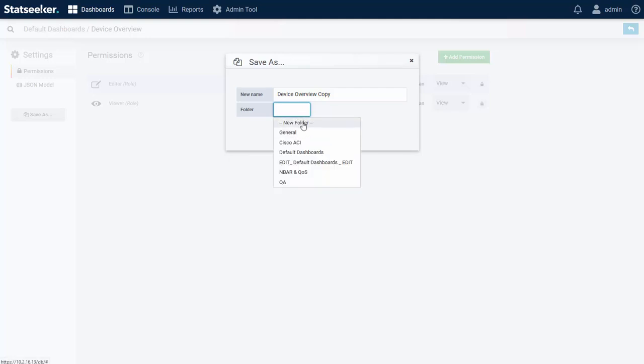So you can see we've got the option to make a new folder. And you can see here that I've actually got a folder specifically for editable versions of the default dashboards. So if you are making editable copies, don't drop them in the default dashboards, put them somewhere else, a specialized folder if you like. Every StatSeeker dashboard user has access to the general folder. So if you want them to be accessible to all your users, you can drop it into the general folder. But each of these other folders, they've all got specific permissions as to who can see them, who can edit them, things like that. So I'm going to drop it into here and just update the name as well